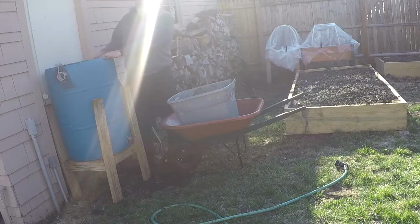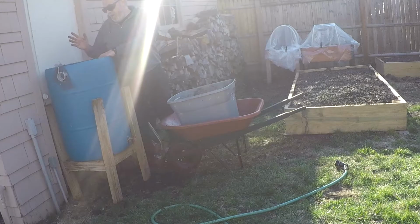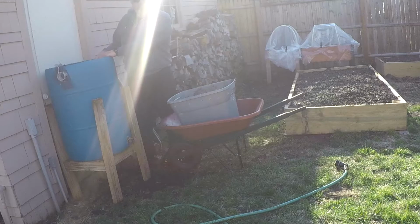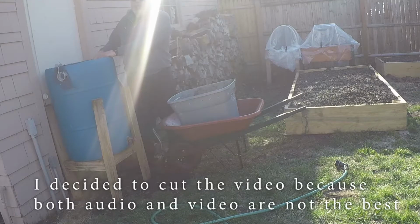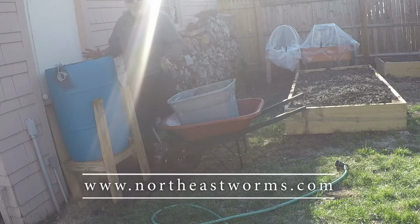The only thing I'm thinking now is that today, while I was taking the compost from the worm piles outside to put on my beds, I saw a bunch of earthworms. So there is a chance that some earthworms or cocoons actually went inside of this one. But it's not a big deal, that will be okay. The only thing is, I guess it will be a pain to take out the castings when it's ready. But I will think about that when it's time. Okay, so let me go take the